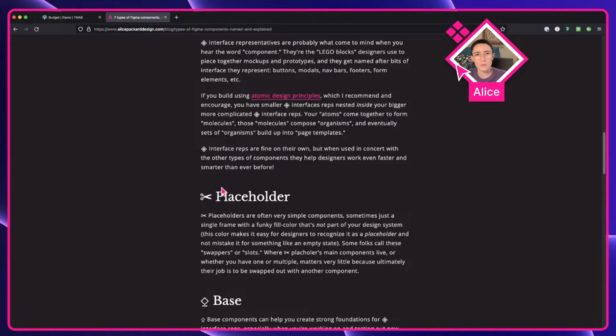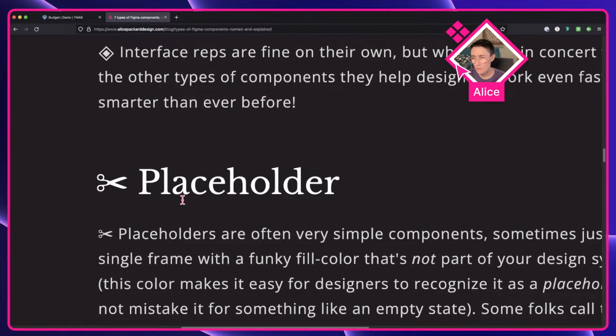Why does it exist? And for placeholder components, it's the same concept, no different than what people have called slots or swappers, or I think there's another name out there that I'm forgetting. But placeholder feels the most appropriate to me. And the reason for the scissor pictogram is because,